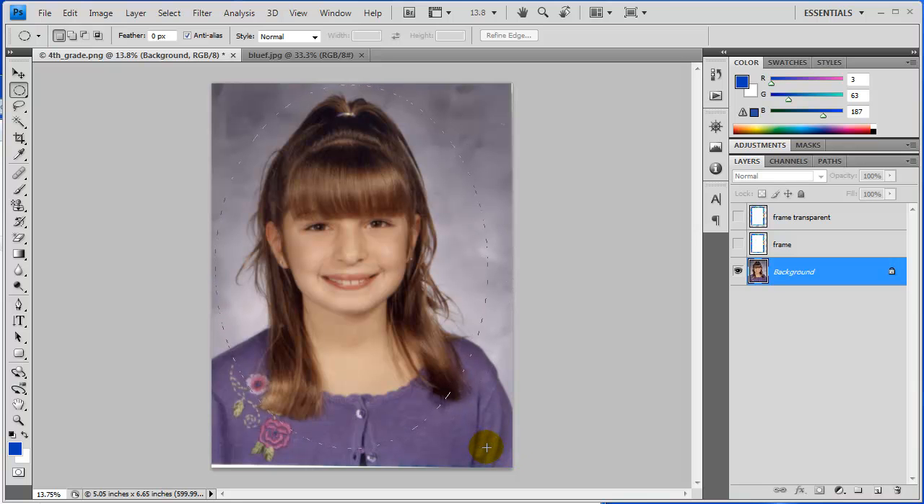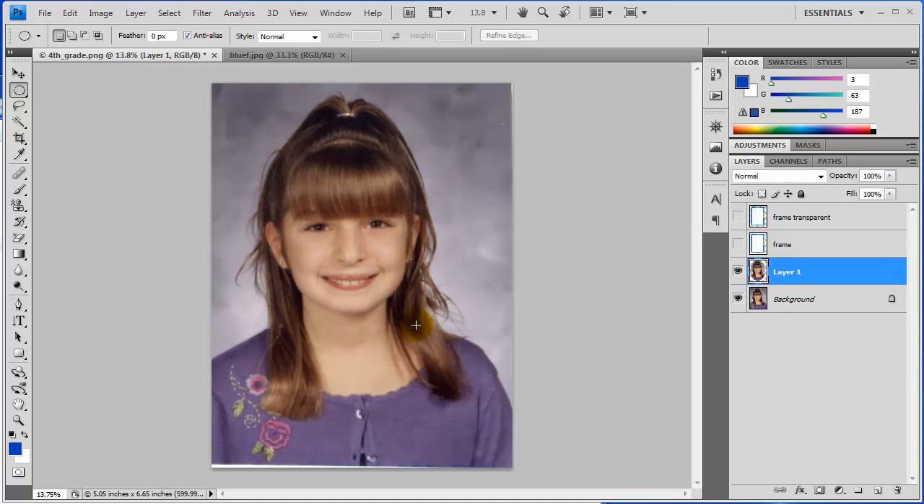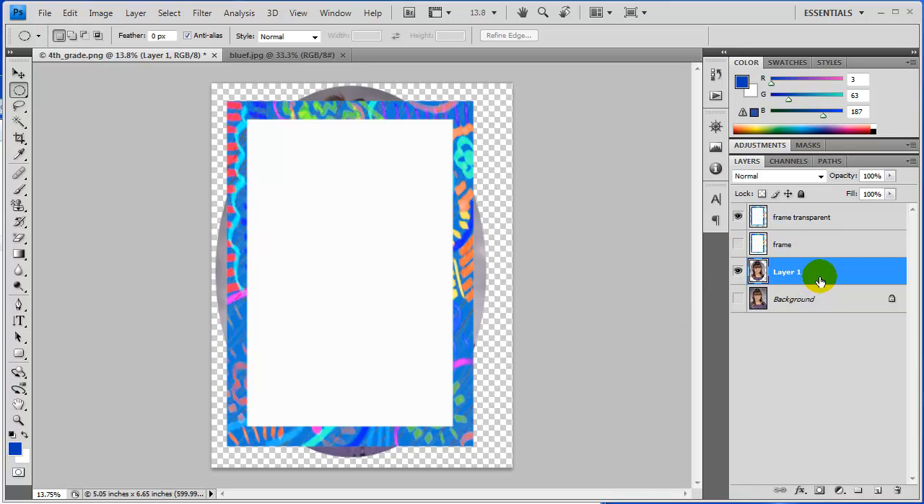And until I get to a proportion that looks good to me. That's not too bad. Now if I just simply right click on this and choose layer via copy, it'll actually make another copy of it, actually create a layer consisting of just that cutout. So if I turn off the original, you can see there's our cutout of the photo. So next thing, let's go ahead and turn on the frame transparent, and we can't see our photo through there,